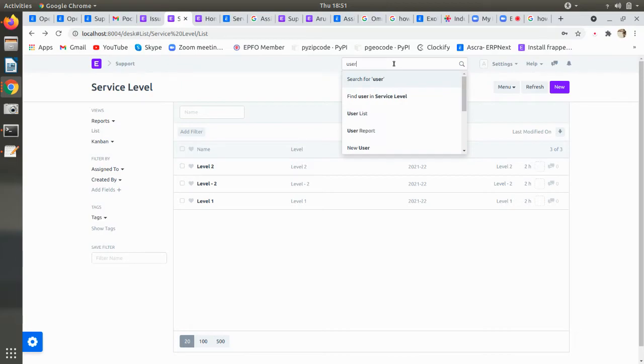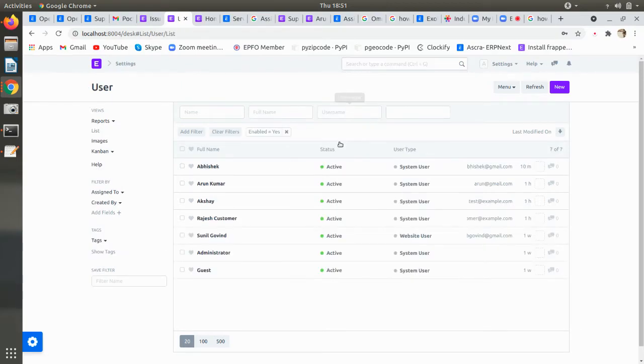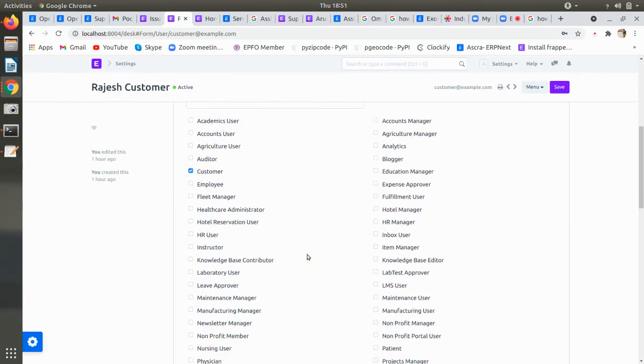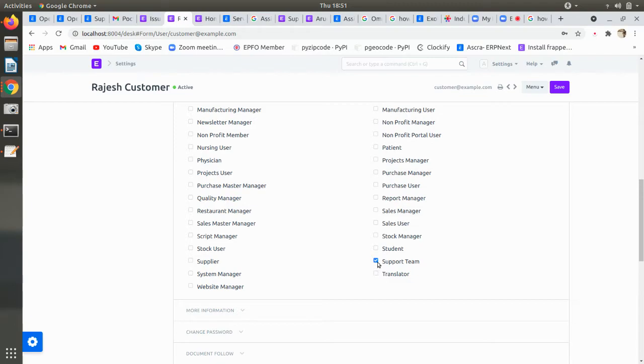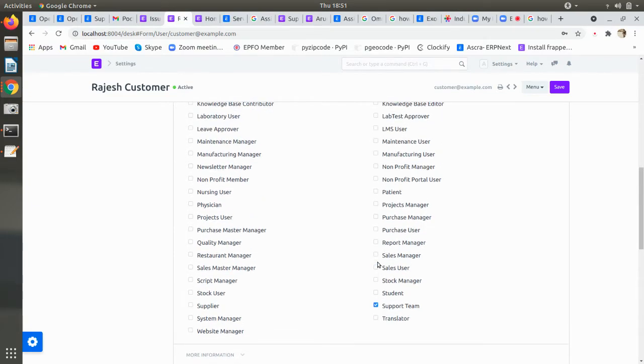Actually, we need to define the permissions, to whom we have to give permissions. For example, if you assume this is a customer, we need to give a role permission as a support team for him. No, he's not part of the support team. He's a customer.